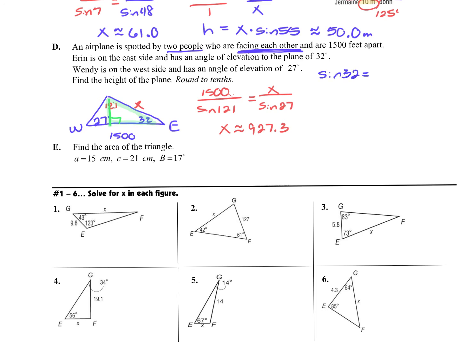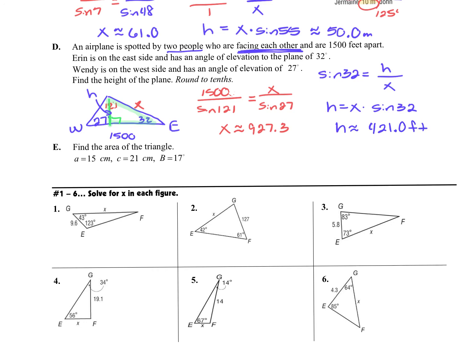32 is equal to the height that we're looking to find divided by the side that we already have. That's going to give us our height is x times the sine of 32. Now, you already know x, it's right here. So take the number in your calculator and just hit times sine 32, and you will get the height of the airplane of